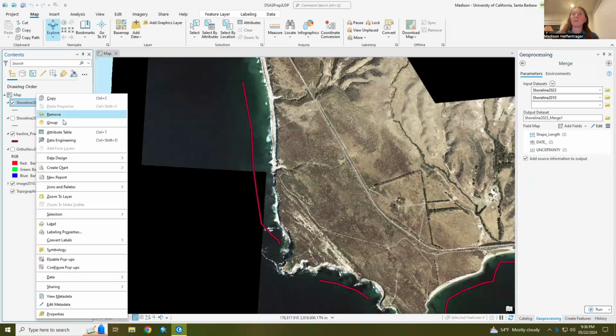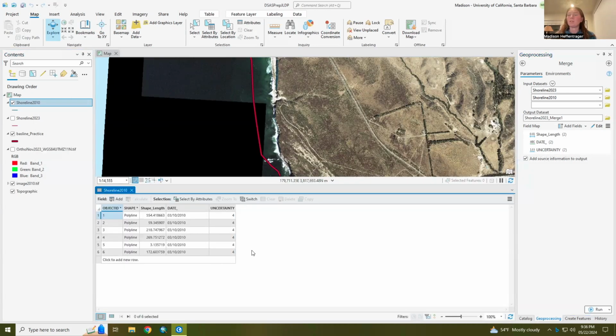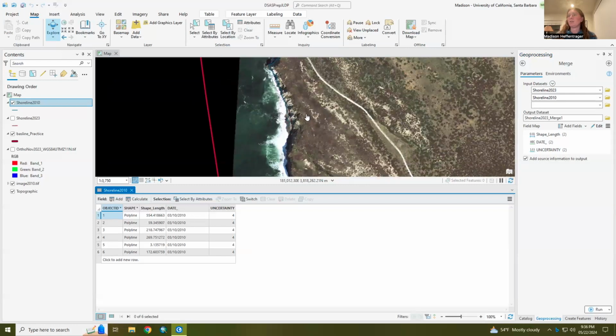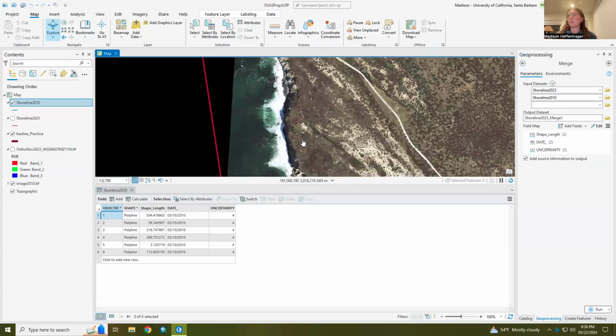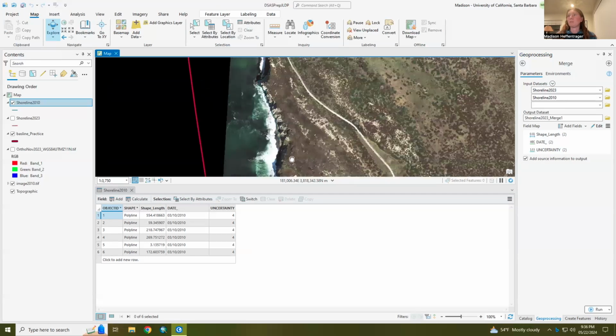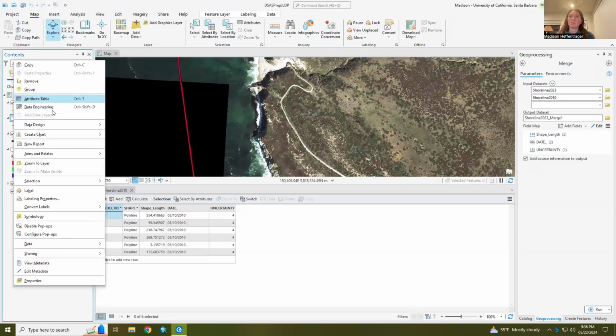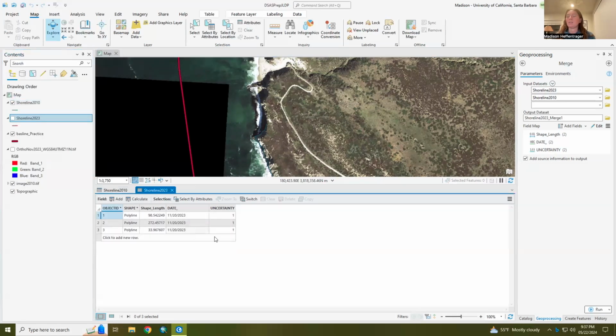You right click on your layer, attribute table, and so you can see our 2010 shoreline was segmented. That's because we digitized the bluff toe and the bluff top. And so you can see there's different segments of this layer and this line. And so you can see in each of those segments, it has some information. It has the date, the uncertainty, the shape length is auto-populated, but remember we typed all this stuff in. So that's the same here for Shoreline 2023. You can see that it has its attributes